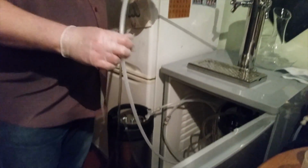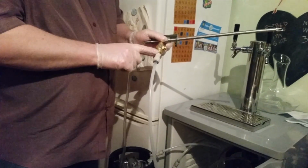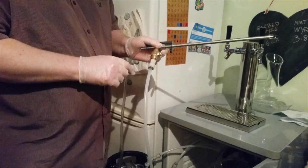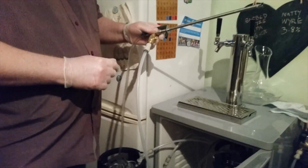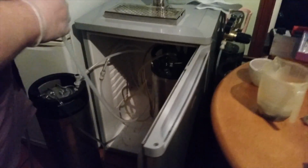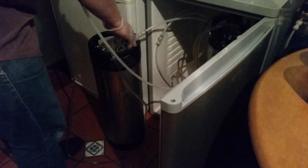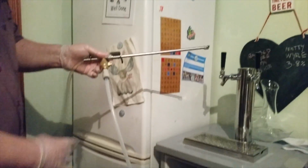So what I've done is I've got a gas line to a John Guest push fit connector there, and screwing onto this, I can't remember what it is, a 3/8 or a 1/4 inch, whatever that is. And then it's connected to a Y piece actually inside my kegerator, and the other side of the gas line is going into the keg that I'm bottling from. And then the other line is just a simple standard ball disconnect into the back